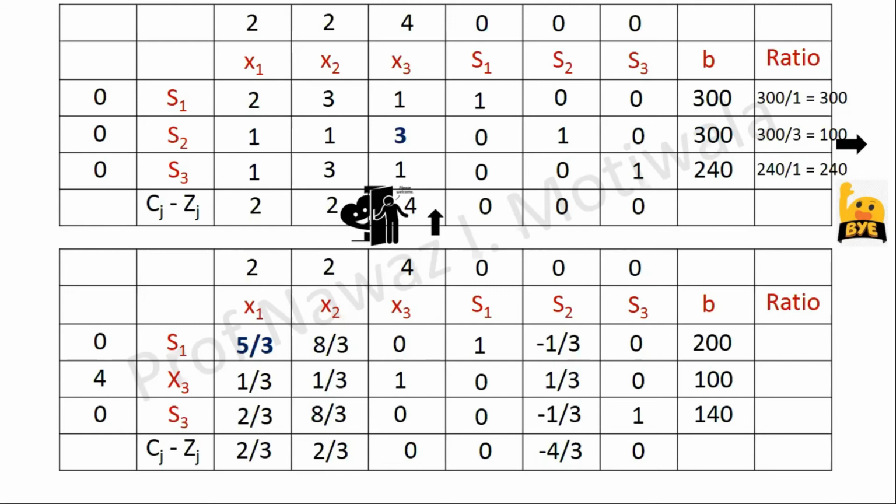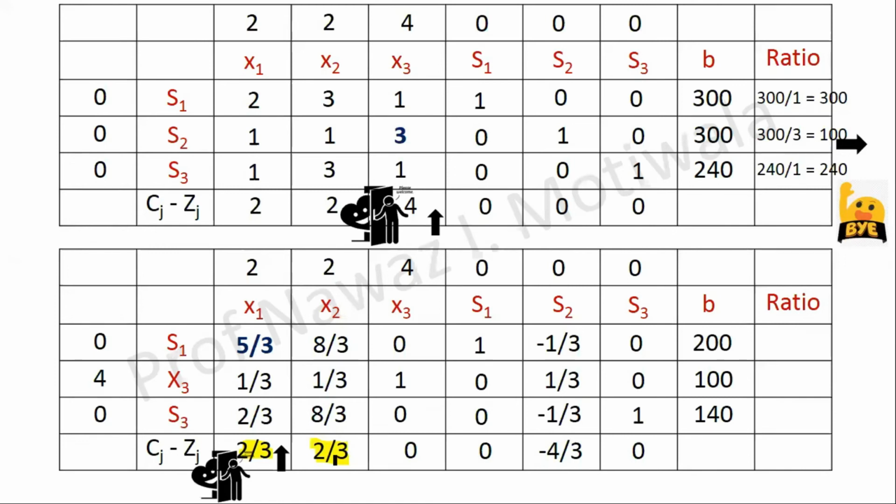As you can see from these computations of Cj minus Zj, we are getting positive answers, 2 by 3 and 2 by 3. Both are the same, so we are free to choose arbitrarily. Let us first choose the first one. I will make this the entering variable. I will welcome this variable, and as it enters our solution, someone has to leave the solution.